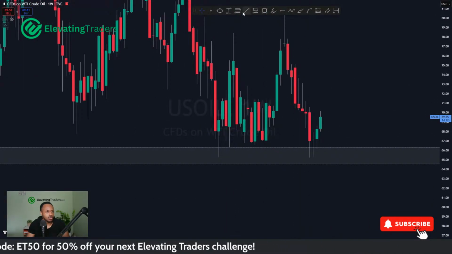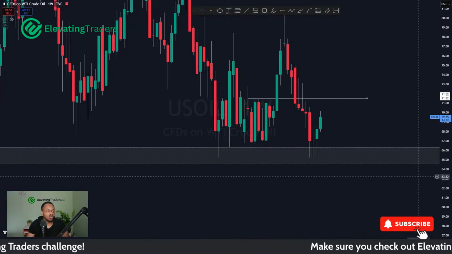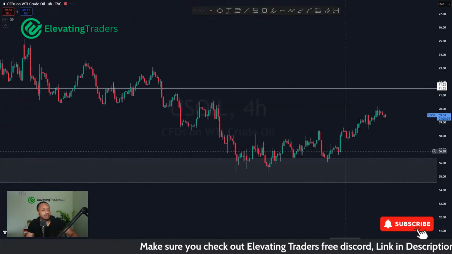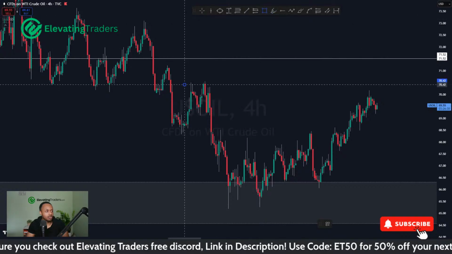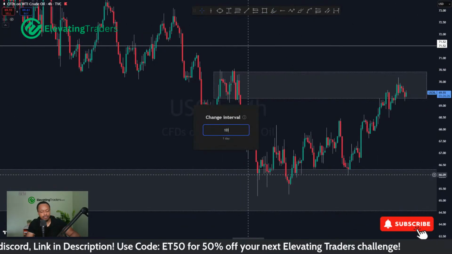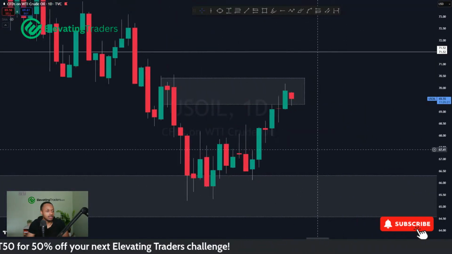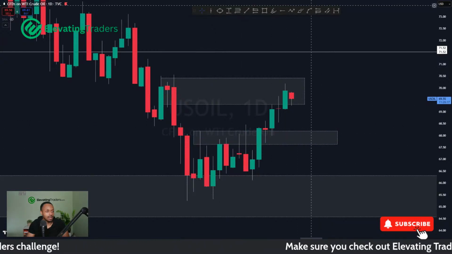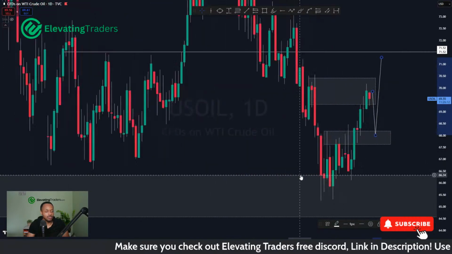I think we've probably got a good chance of coming back into roughly around here, 71.50 or 71, you could say. At the moment, it looks like we are approaching some areas where we might pull back from. This was a pretty nice consolidation, gave us a pretty strong move to the downside there. So I would watch out for some support turned resistance there as well. But I would say if we can come back, retest some areas down here, that could be a solid place for a buy and another move to the upside as well.